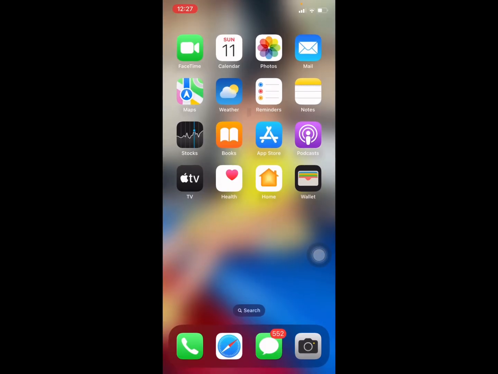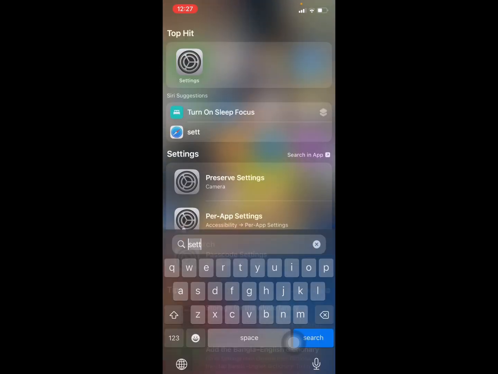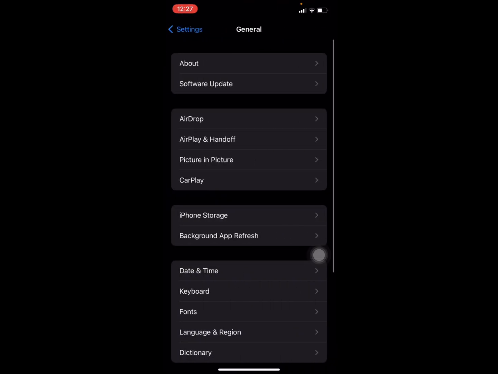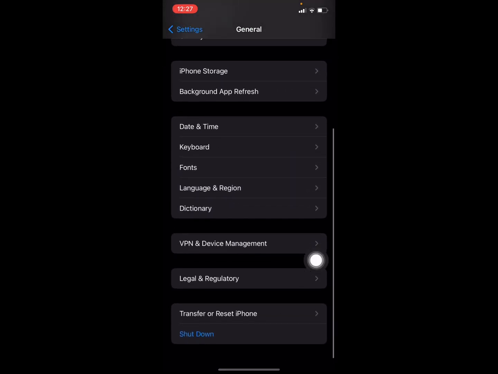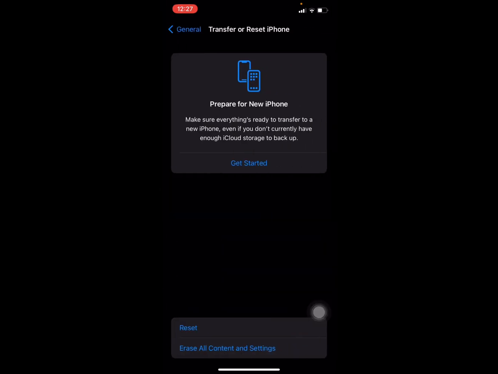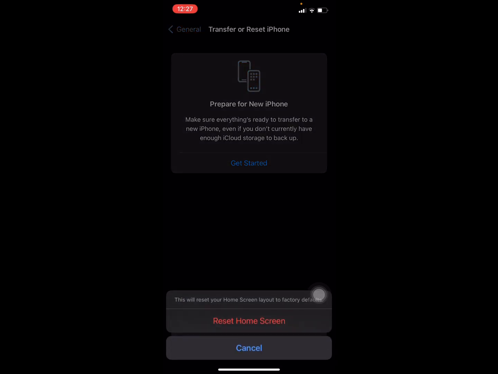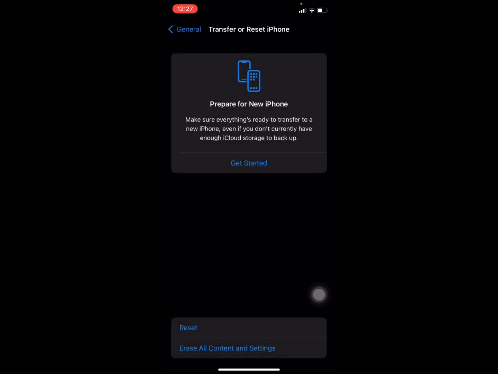To add your settings icon on your screen, you have to go to your settings and scroll down and go to the General option and scroll down again, and you see Transfer or Reset iPhone. Press on it and you have to select Reset. Press on it and choose Reset Home Screen Layout. Press on it and Reset Home Screen, and now swipe down,